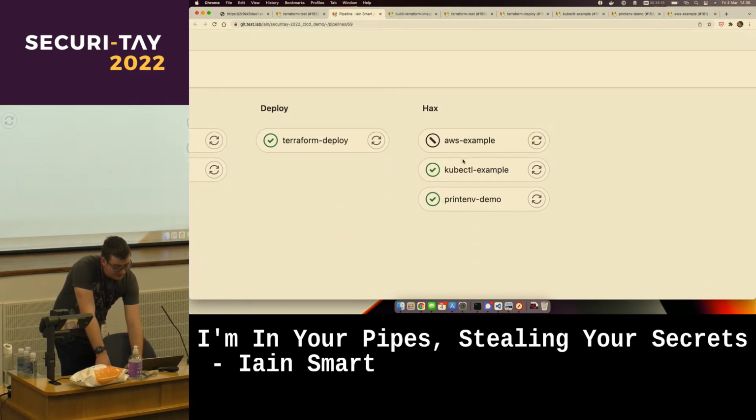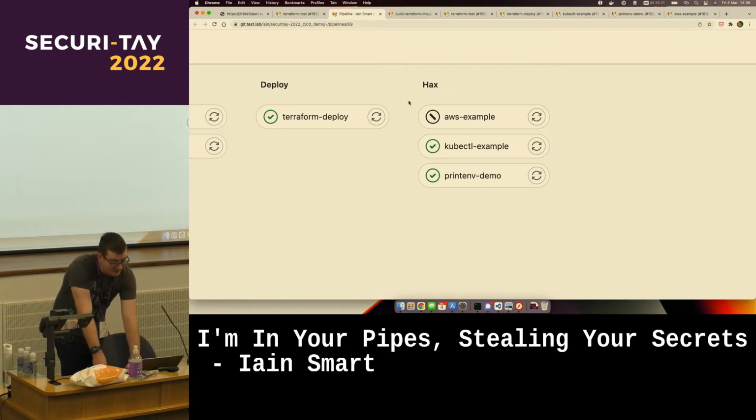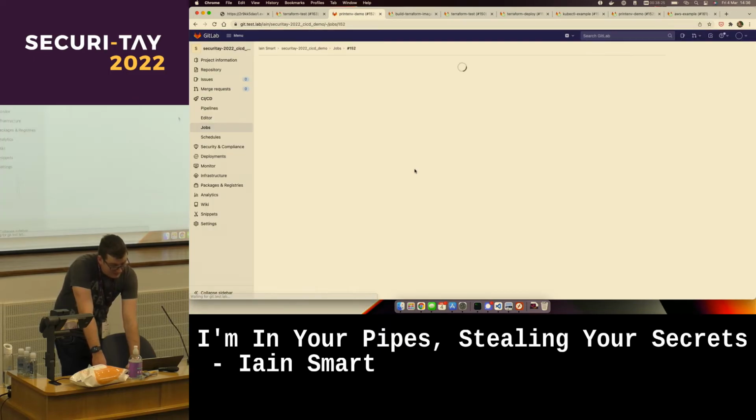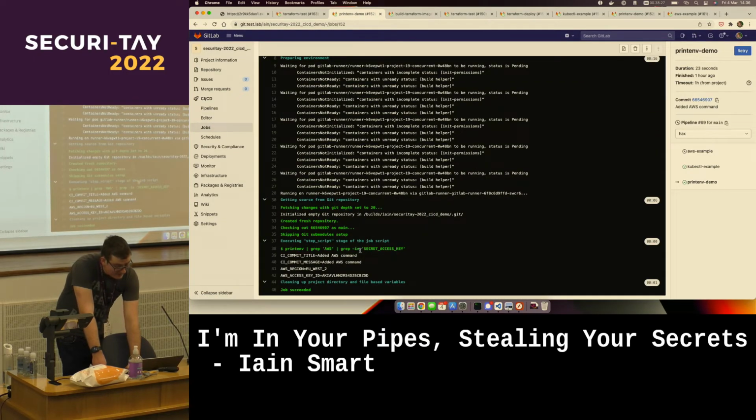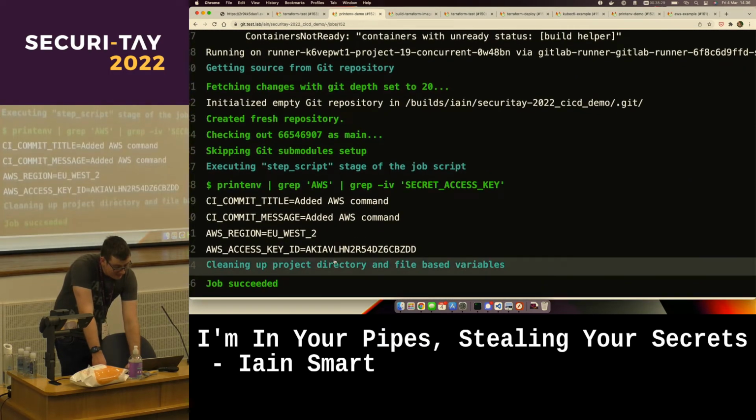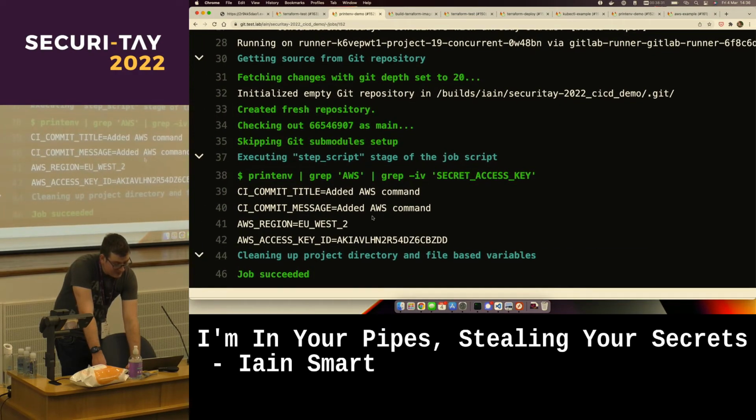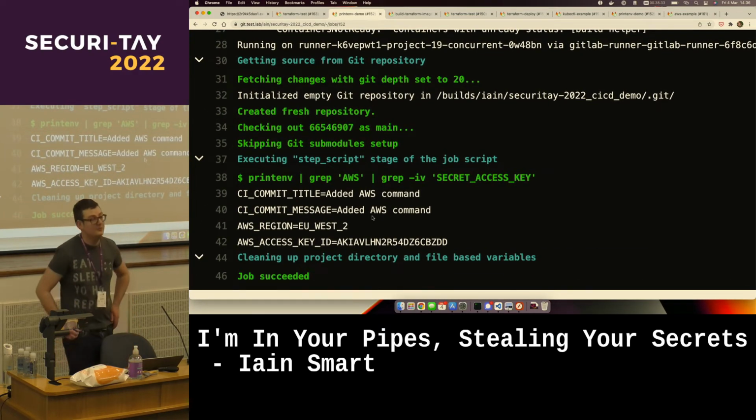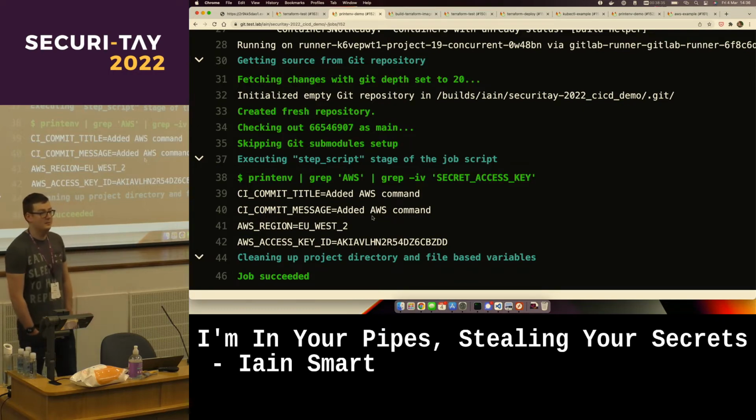What I've got here, you'll notice I've got a stage called hacks in my pipeline. And if this works, I've written a few very, very basic commands. This isn't doing anything fancy. Basically in this one, what I'm doing is just saying grep AWS from printenv. So if you get into a repo and it looks like there's some pipeline stuff happening, if you've got access to the logs, because some developers do, some RBAC configs don't let you have access, if you can view the job logs, then it's dead easy.